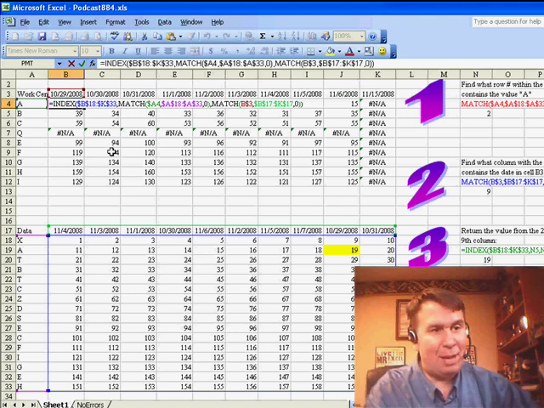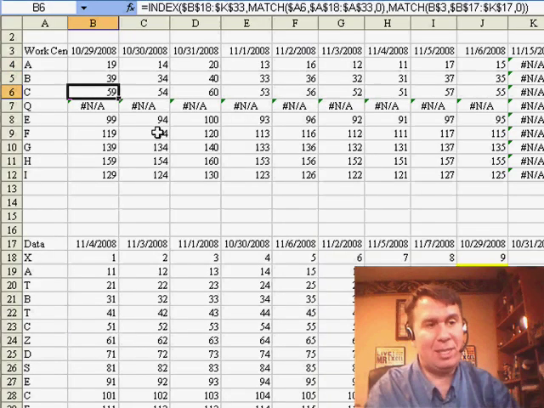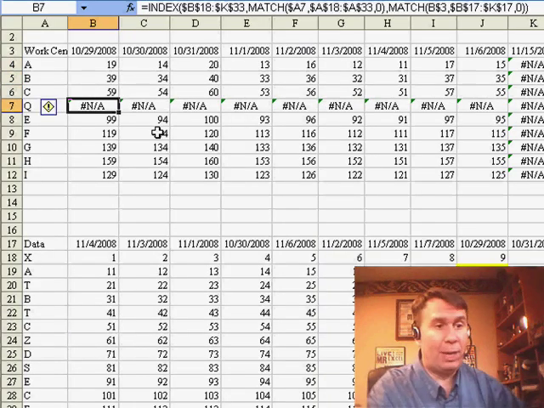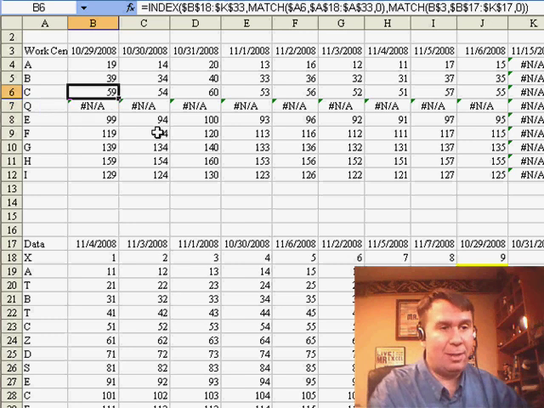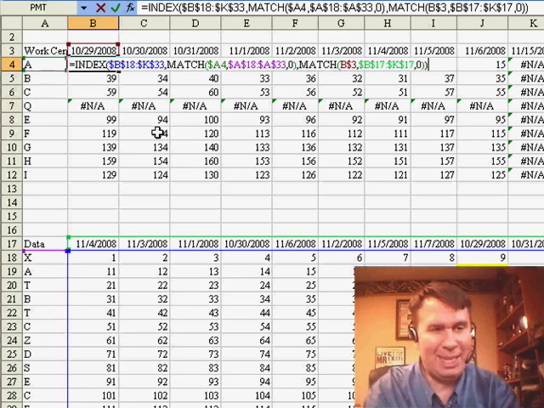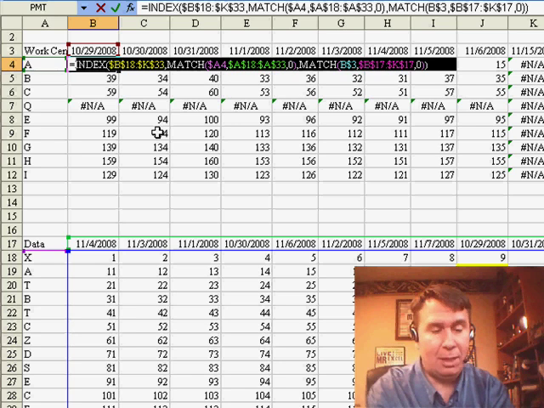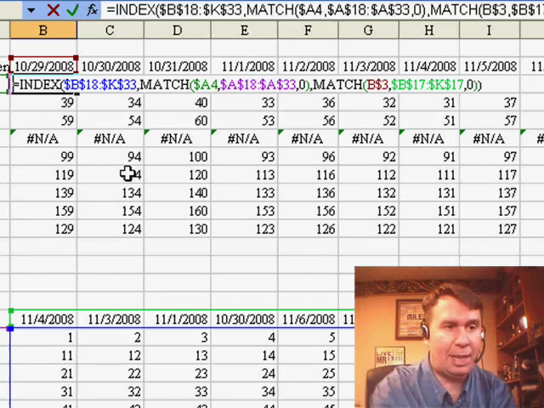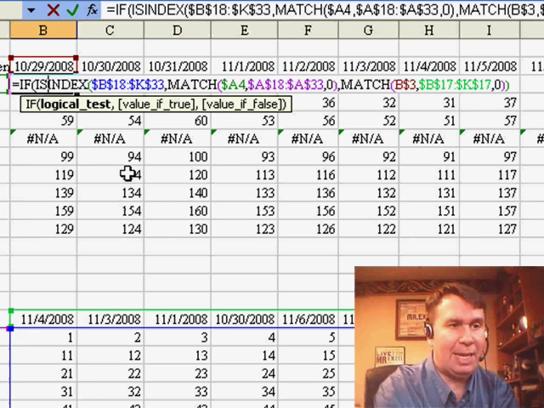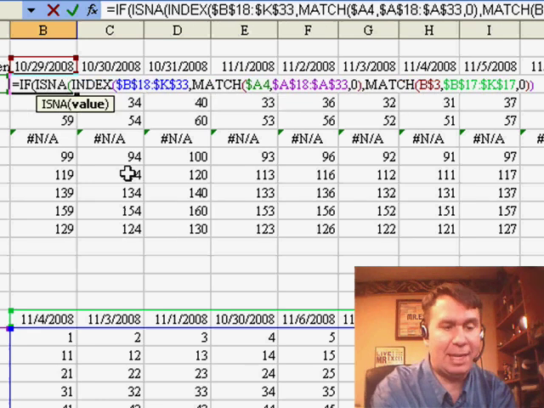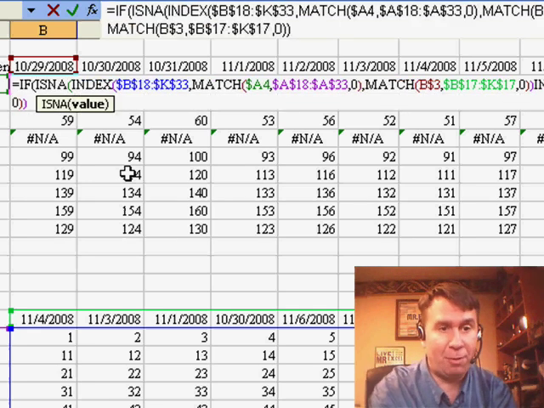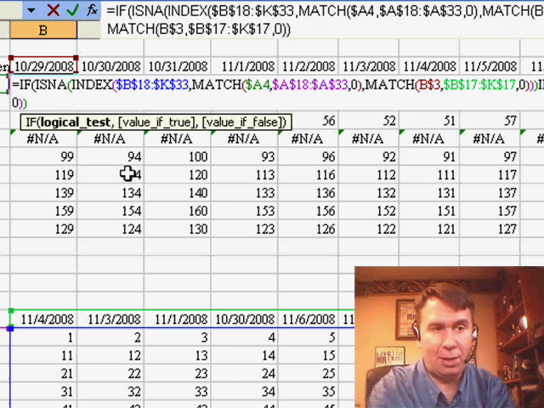Now, Robert threw one more problem at me. He said, sometimes the work center in the report is not in the data set, or sometimes the date in the report is not in the data set. So I simulated that here. There's a couple of rows where we're getting all NAs, and to solve that, it gets pretty ugly in the old Excel. I'm going to choose the entire formula, press Control-C, and then at the beginning I'm going to put equal IF(ISNA(, press Control-V to paste the formula, closing parenthesis to close the ISNA,